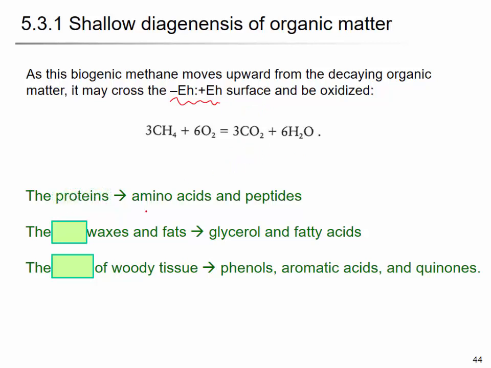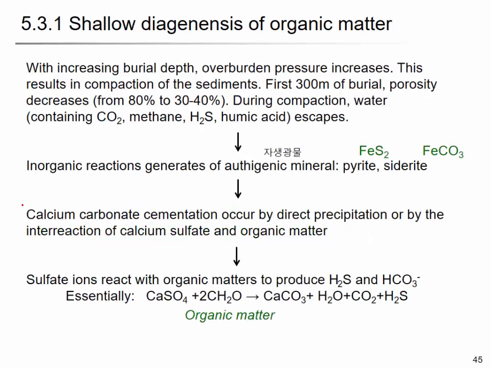And protein becomes amino acid and peptide, and the lipid, the fat, becomes glycerol and fatty acid. And the lignin of the woody tissue becomes phenylaromatic acid and phenols. So this is the process of production of the